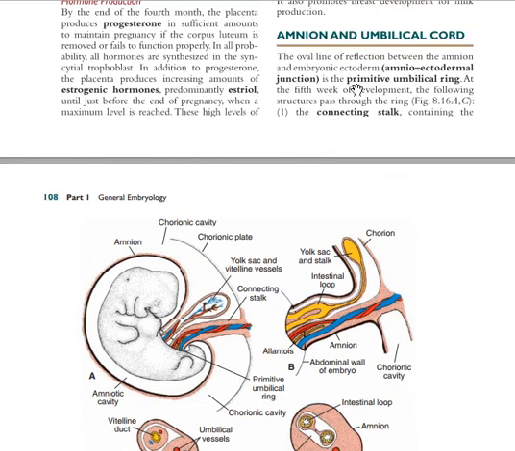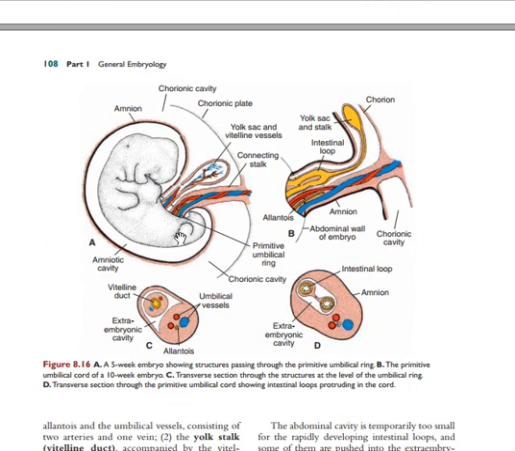Now, this is the amnion and the umbilical cord. You need to know that this generally is said to be the umbilical cord, and what covers the umbilical cord generally is the amnion. The part which has the umbilical vessels is the connecting stalk. Is it clear? The part which consists of the umbilical vessels is called the connecting stalk, and then there is